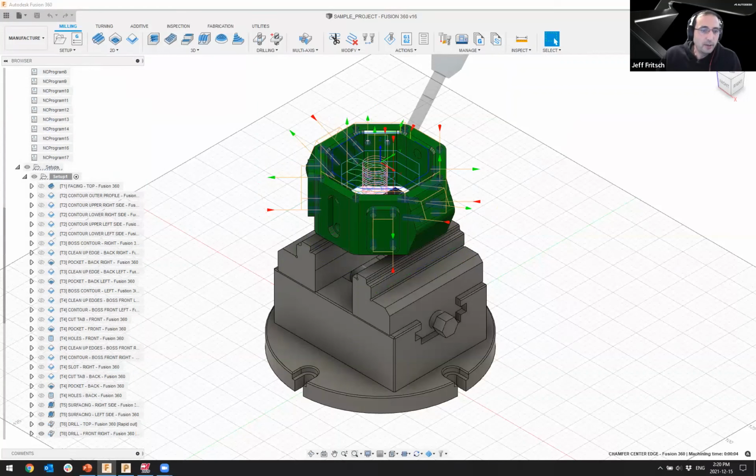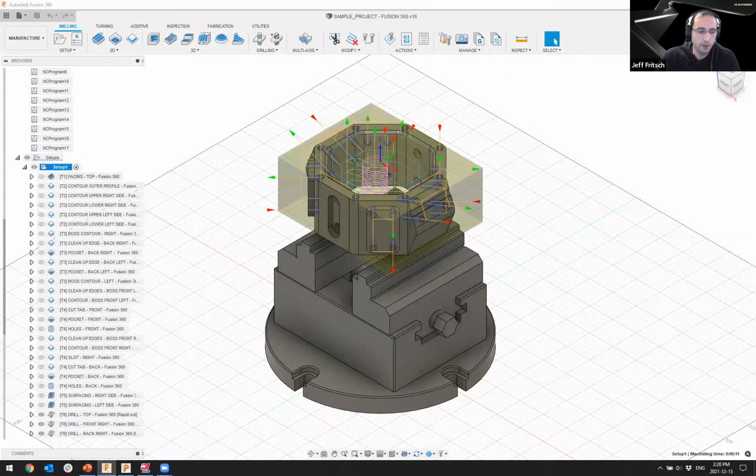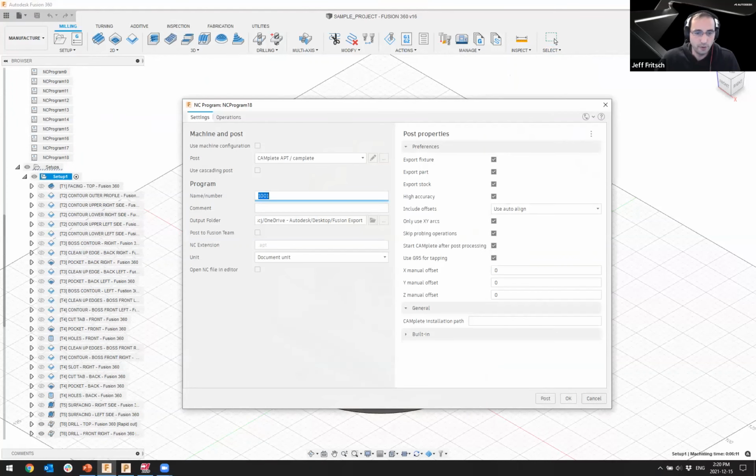As far as the programming side of things, there are really no changes. So you can definitely continue to program the same way you have. There's really nothing that changes there. The first major difference that you're going to see will be at the code generation stage, where now instead of simply post-processing for a particular machine tool, we're going to transfer the entire project over to Toolpath and do